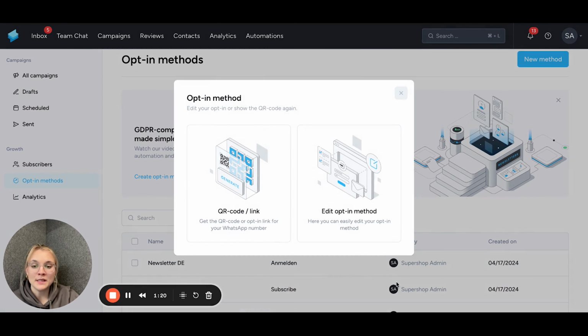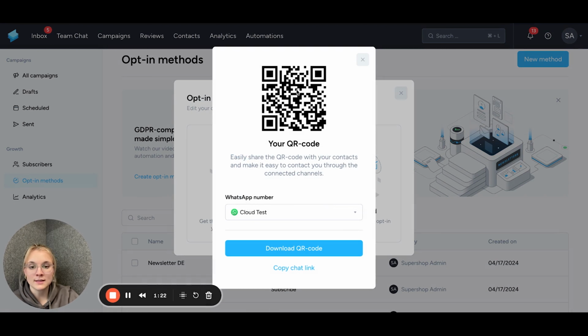And then there should be a QR code, which you can access every time here. There's a QR code and of course always a chat link. I would always advise you to use both just because it is easier, because you don't know if your customers are on a laptop or a mobile device. You can implement this QR code into your email signature. You can publish it on your social media. You can also just print it out and position it somewhere visible for your customers, so once they stop by they can scan it. And this is a great way to start collecting opt-ins.